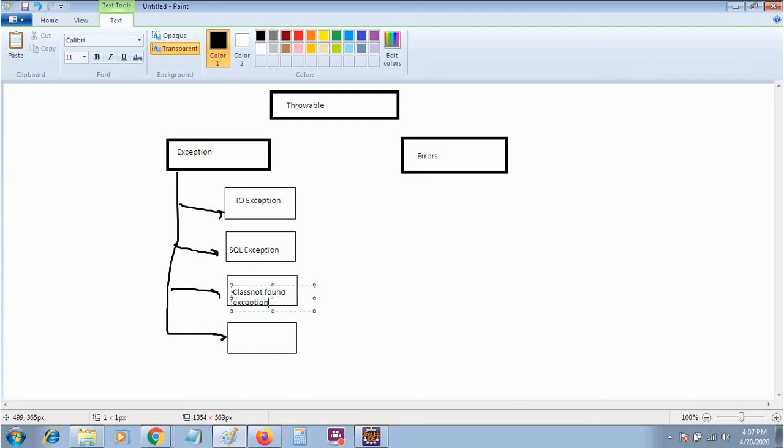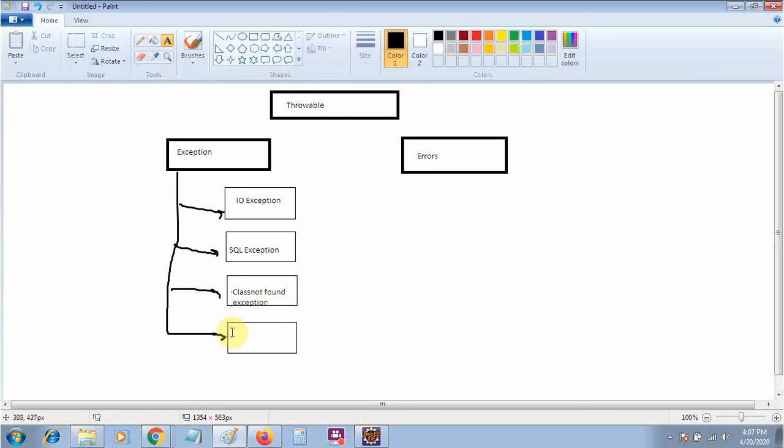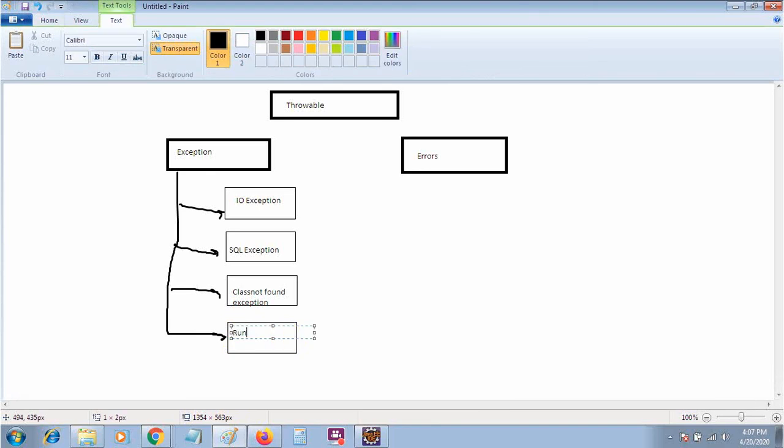And the last will be the Runtime Exception. So these all cover the exceptions. Only this kind of exceptions you will face in your life.